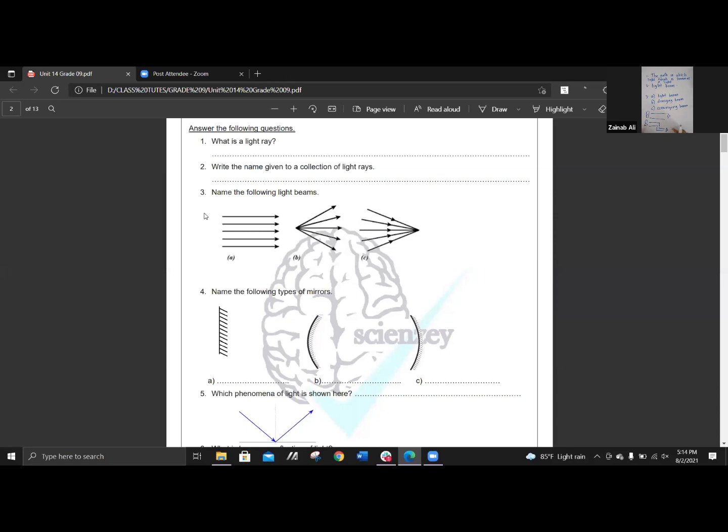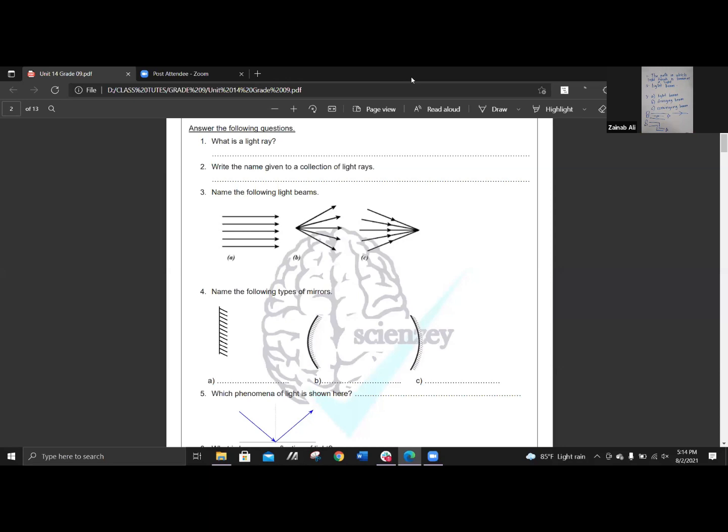So you should understand that light travels in a straight line, right? The light travels in a straight line. That's why we can't see it in the second one. So what is a light ray? The path in which the light travels, you call it a light ray. Is it clear, Sugandhini? Yes, teacher. Okay, great. So now we'll move on to the next part.